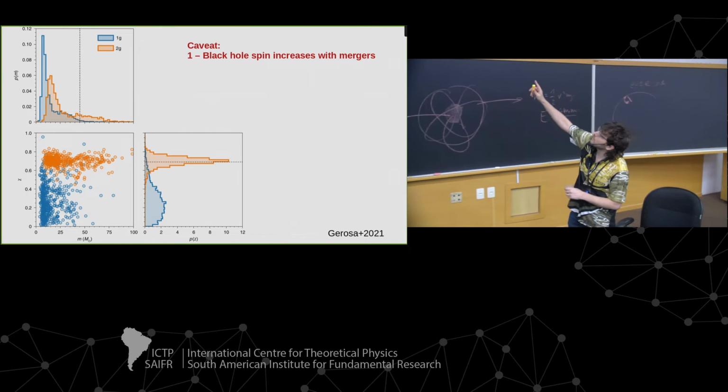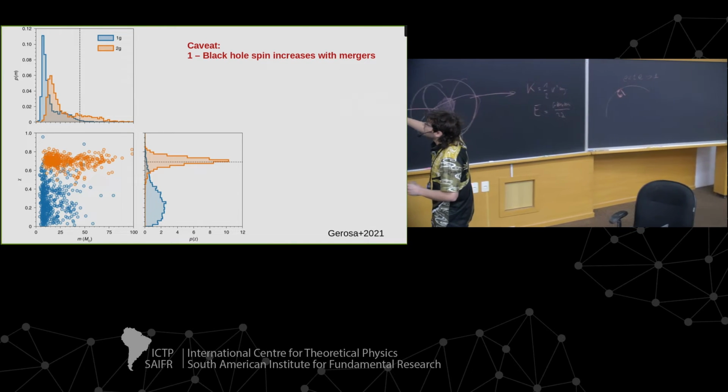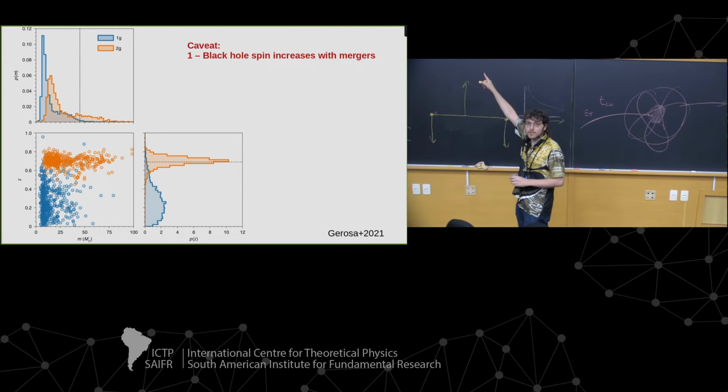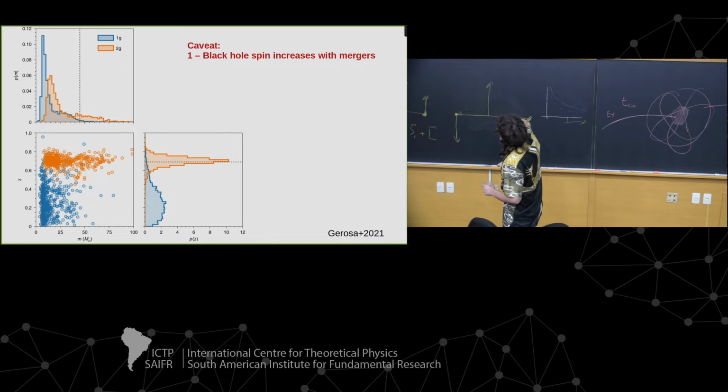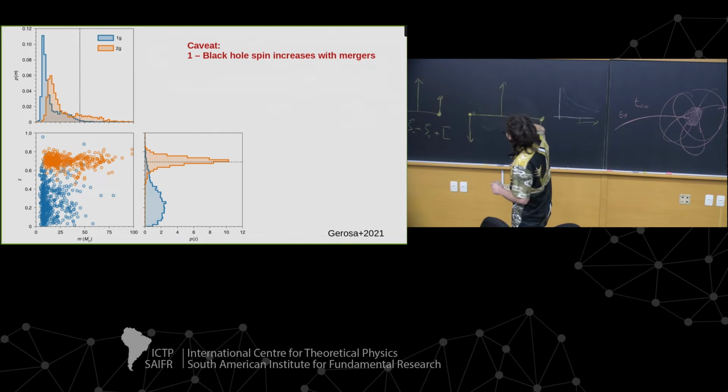And so you can see from this plot, these are distributions of first-generation merger black holes. You can see that there is a distribution, of course, because there is a distribution in masses. They shouldn't be spinning. And then, if you merge these blue black holes among themselves, you obtain the yellow ones.